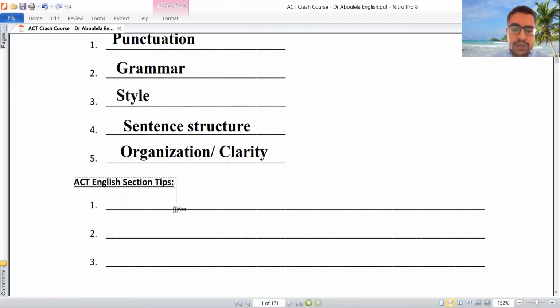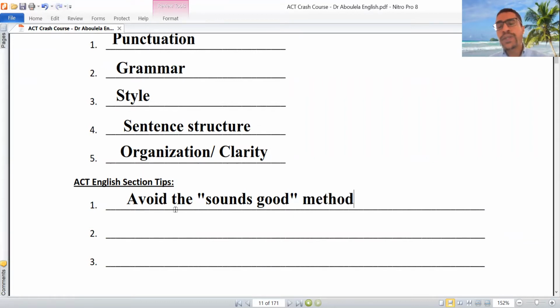The first tip is about avoiding the "sounds good" method. So what does it mean? You read a sentence, you feel like this answer choice sounds correct. And unfortunately, the test maker already knows that this is how you think. So part of it is psychology, and they know how you think, like it sounds good to me, so I'm gonna pick it. Instead, you should try to justify your answer choice, like because it's in the present tense,